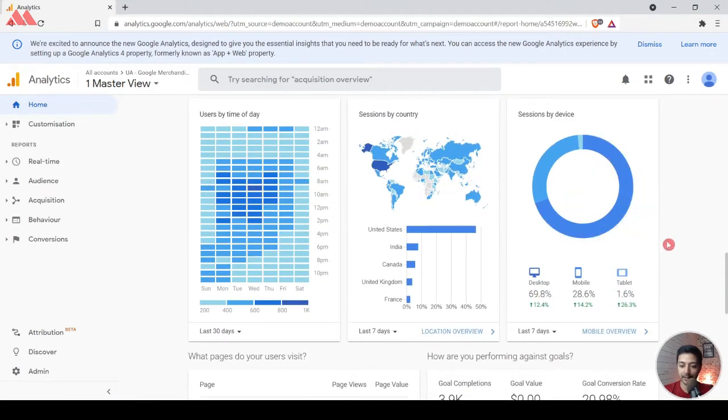And here in this section, we get an overview of how many people are using mobile, that is 28%, and how many are using tablets, that is only 1%, and how many are actually using desktop. So there is 69, or I should say 70% people who are using desktop to view this website of Google Merchandise Store. So this gives an overview that majority of our visitors are from desktop, but we have a huge chunk which is using mobile as well.